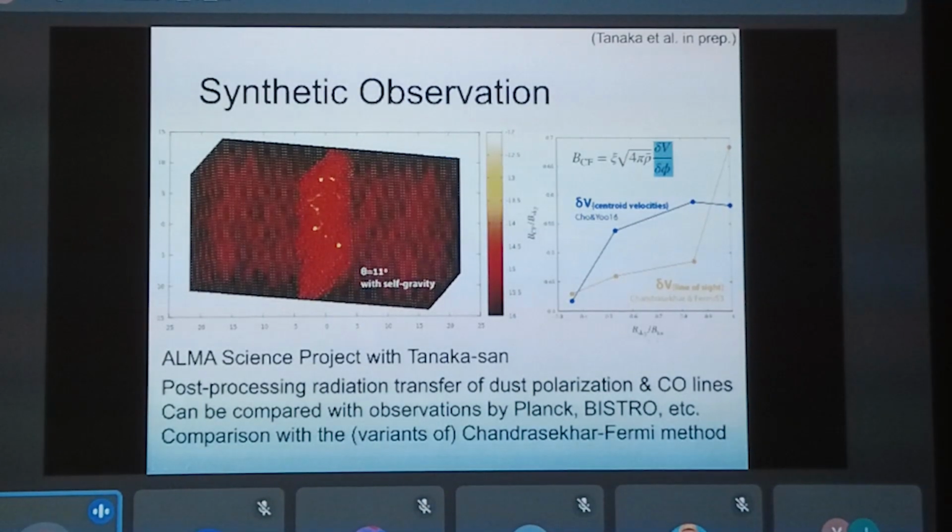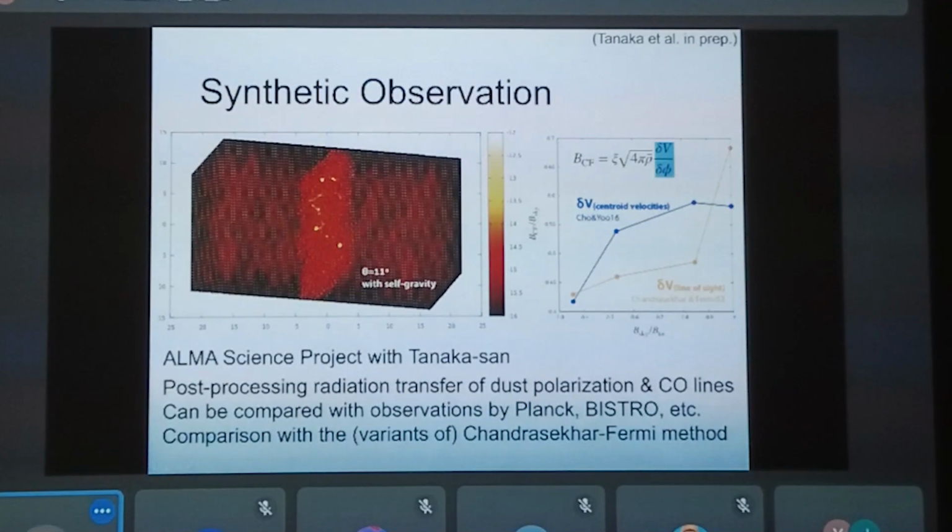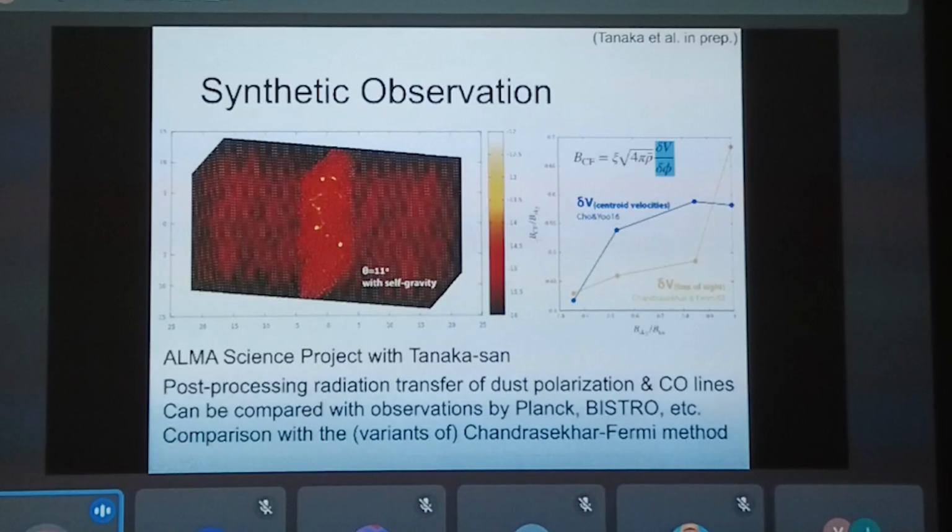The horizontal axis is the total versus the sky, and the vertical axis is the ratio between the magnetic field strength inferred by the Chandrasekhar-Fermi formula versus the actual B plane of sky. It remains around, say, 0.5.